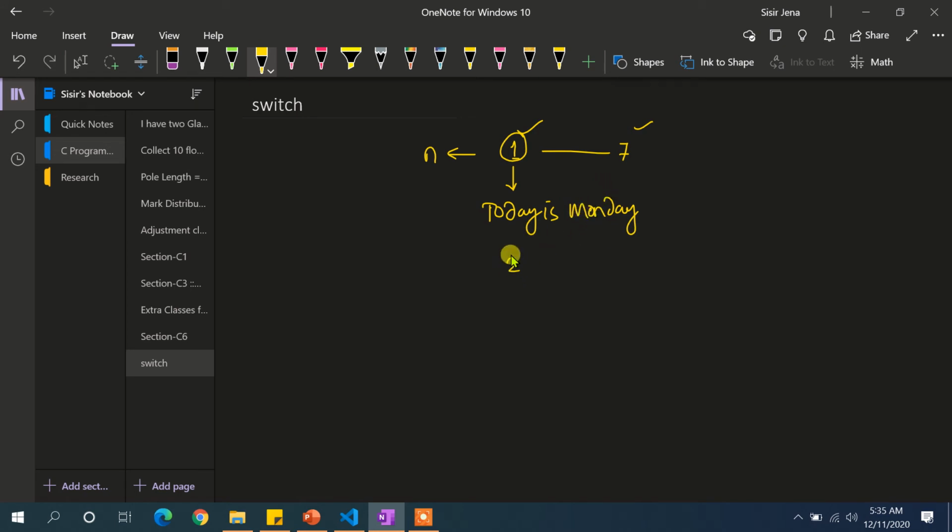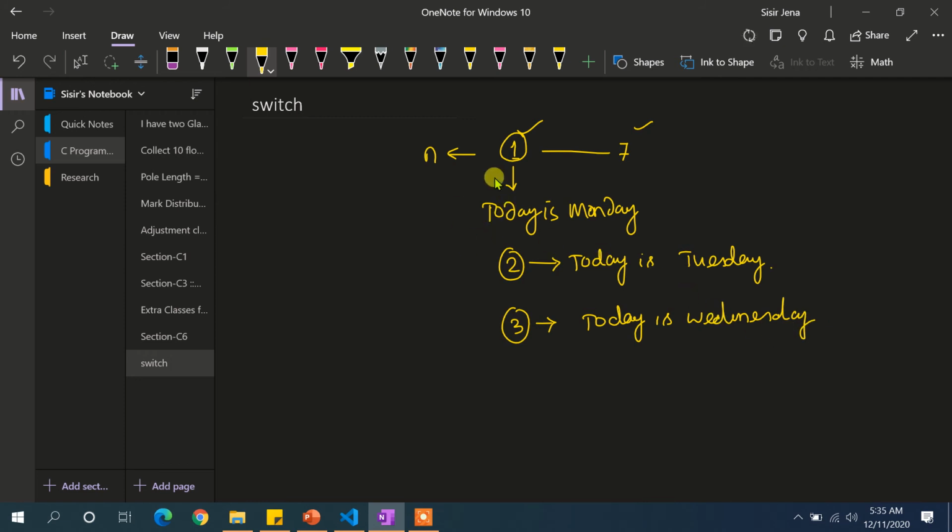Similarly, if somebody enters 2, then we will display today is Tuesday. Similarly, if somebody enters 3, then we will write today is Wednesday. So we are going to do something like this. We will ask the user to input a number, and we will force him to input between 1 to 7.